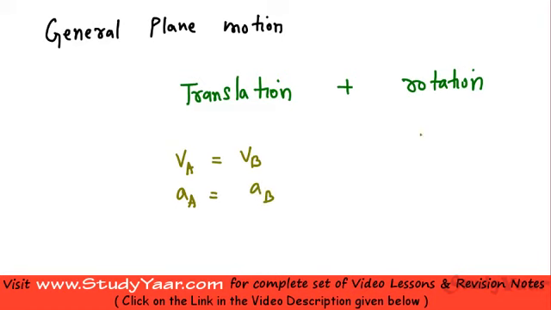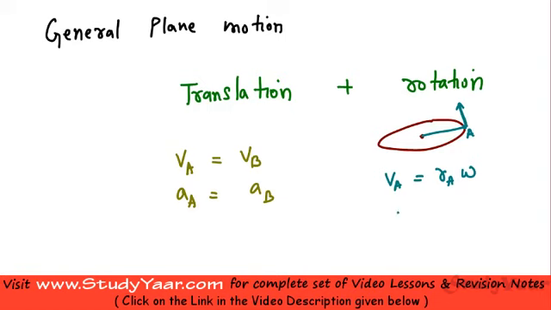In rotation we've learned that if I am rotating like this, where this is my axis of rotation, then velocity at any given point depends on the distance from the center or axis of rotation. The velocity is given by Ra into omega, where Ra is the distance of A from the axis of rotation, and the direction is like this.